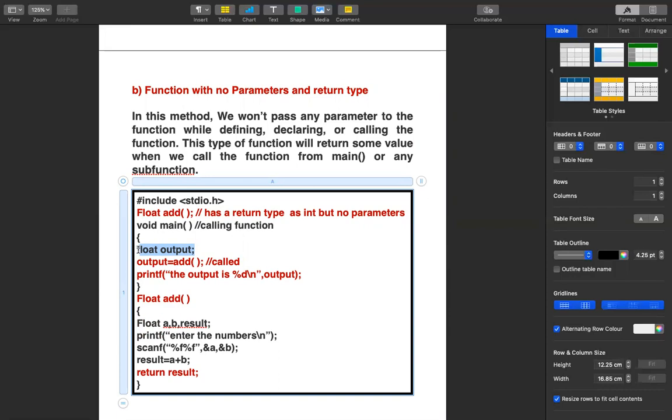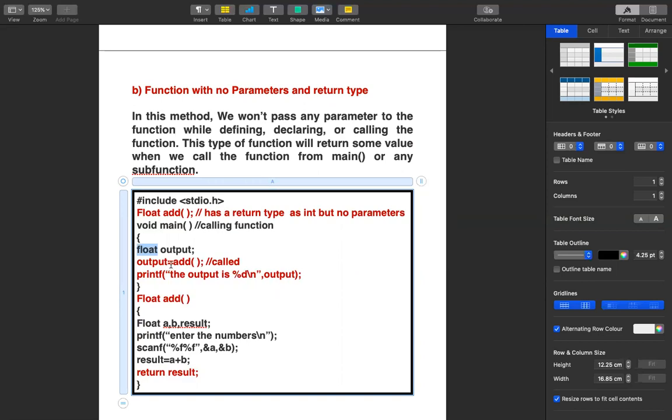If you can clearly see, the data type of output is float. I have declared float as the data type of output because, as I suggested, this program is going to add two floating point numbers, not two integer numbers.